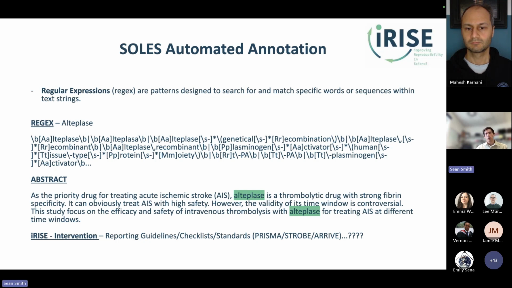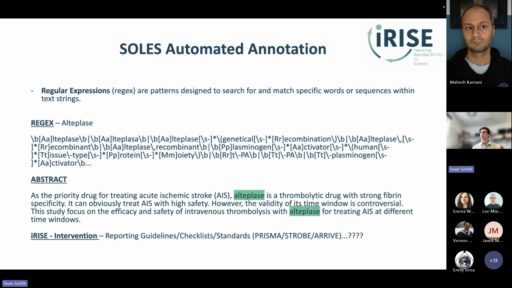And underneath that, we've got all of the alternative ways or phrases or any other way that you can say that drug. We then run this code through full text or abstracts, and it tags every time that this name or any of the alternative names are discovered. And we do this so we have a regex dictionary that contains over 17,000 different terms, mostly drugs and interventions, but we've also got models, outcomes, species, countries. So this is how we would usually